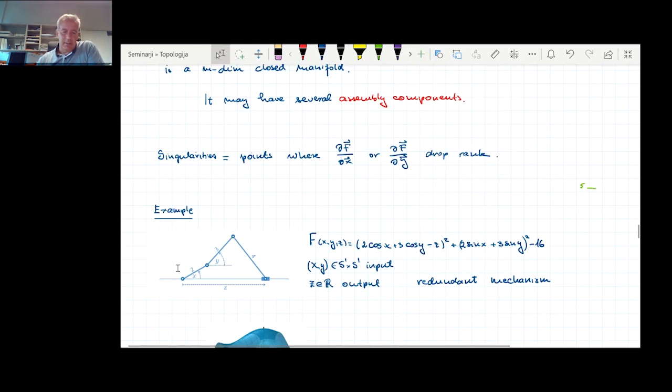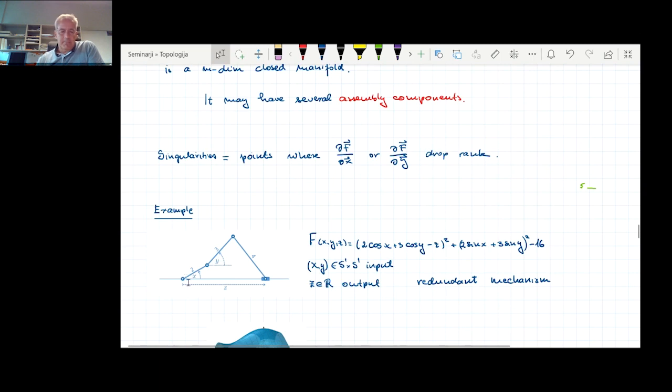Now, this is a rotational joint. This is a rotational joint. Third rotational joint, and this is a sliding joint. So this point, this is the final point, can just move along this axis. So there's some cranking mechanism with a sliding end point. So, cranking slide